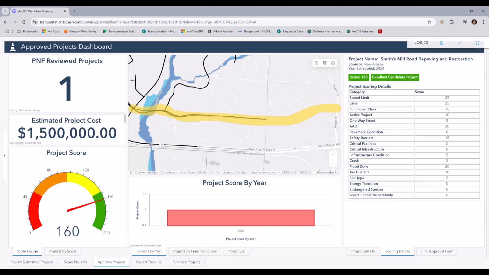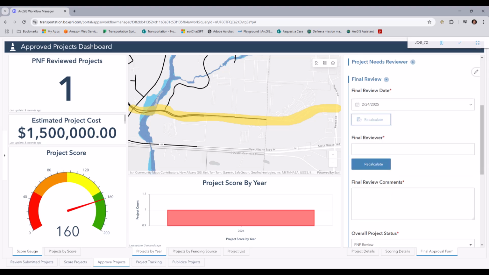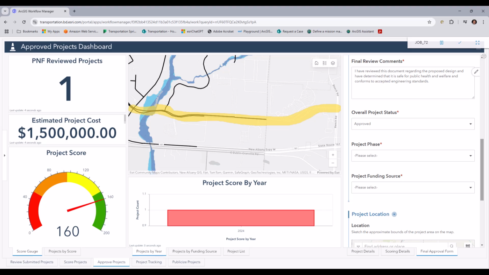So we're going to go ahead in the final review now, and with that, I'm going to add my date, my name, and then the final reviewer comments. Do that. I want to approve it. And now I'm going to specify the stage, which should be planning, then design, construction, and completion. So it's preliminary design. And then we're going to specify funding. So this may get state funding, this may get local funding, federal funding. I'm going to go ahead and pick state funding for the project. And then with that, I'm going to go ahead and submit